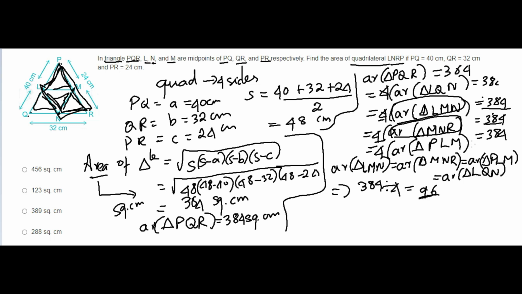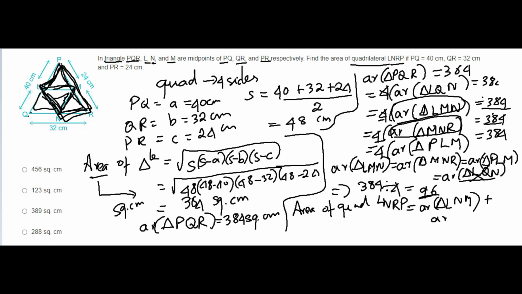Okay, so we have to get the area of the quadrilateral. What is the area of quadrilateral LNRP? I told you already, LNRP means we have to eliminate the LQN. So this one we don't want, because we have to form the quadrilateral with only these three, is it right? So automatically it will be equal to the area of triangle LNM plus